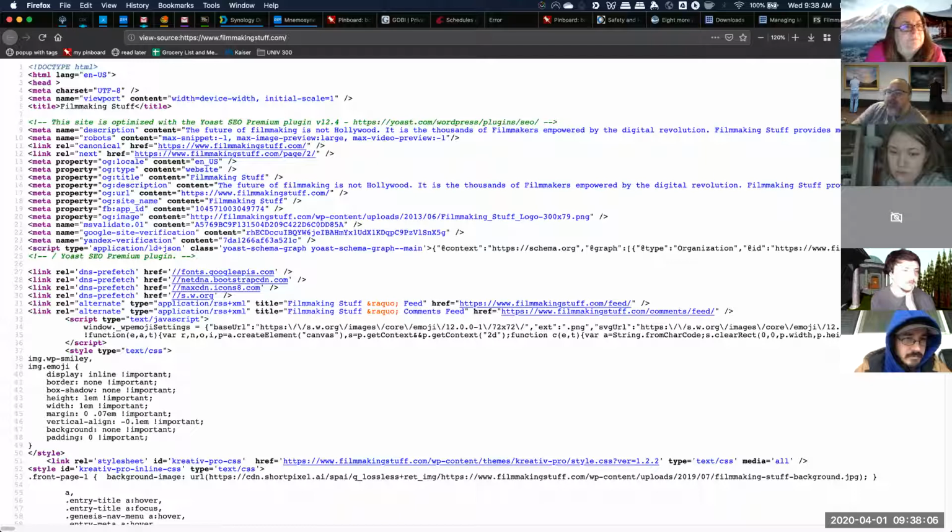One thing that we haven't talked about that has code that's similar to this is in the REL equals. That REL means the relationship. The relationship that this page has to another link is that this is the canonical one. Now,